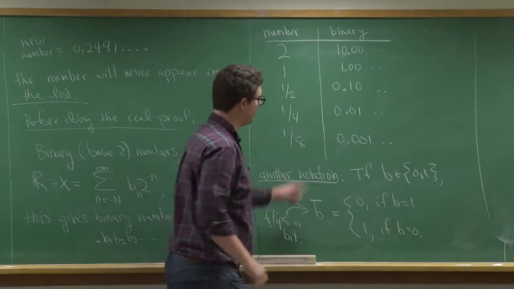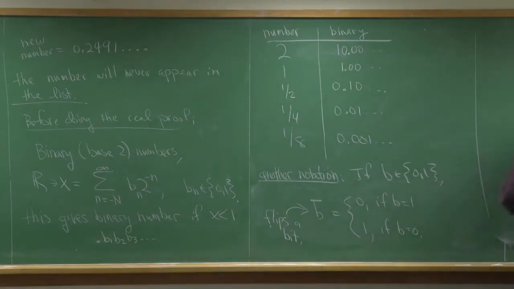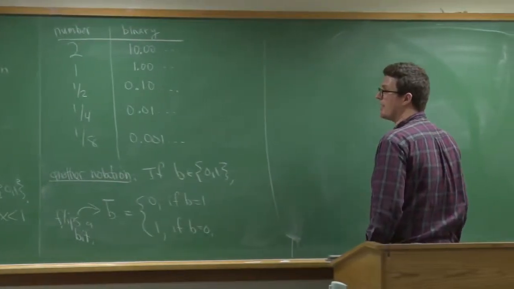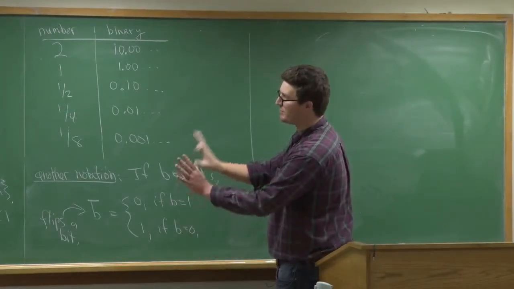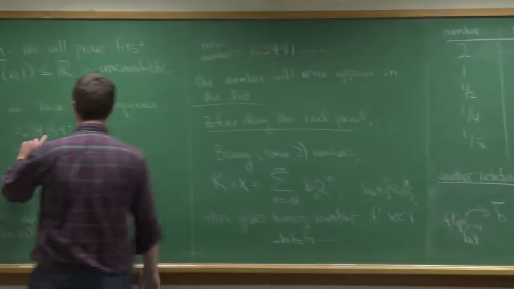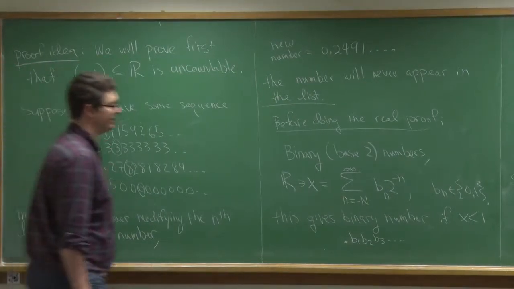Okay? So bits are just a 0, 1. All right. So now, I explained base 2. The only reason I explained base 2 is just so I could do this in base 10 as well. I just wanted to make it a little cleaner. Okay. So let's do the proof